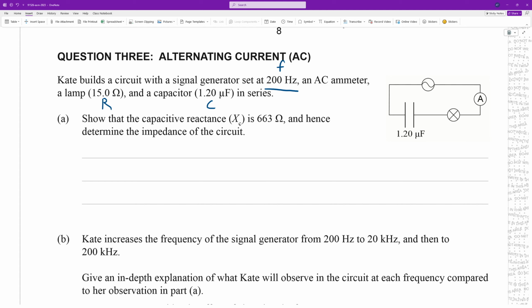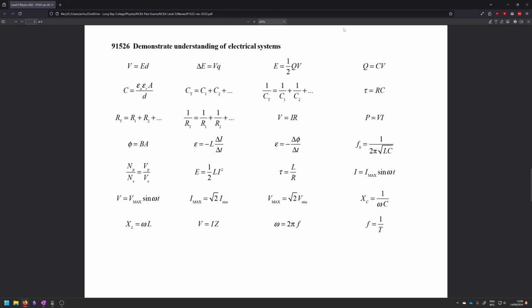Show that the capacitive reactance is 663 ohms, and hence determine the impedance of the circuit. So we need to find XC, and then we need to find impedance. So, looking at our formula sheet, where are we looking? We are looking in,